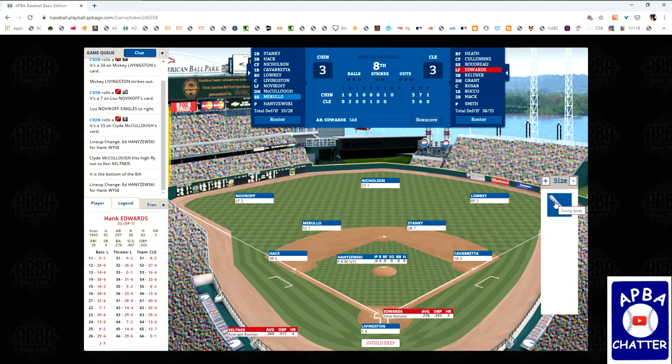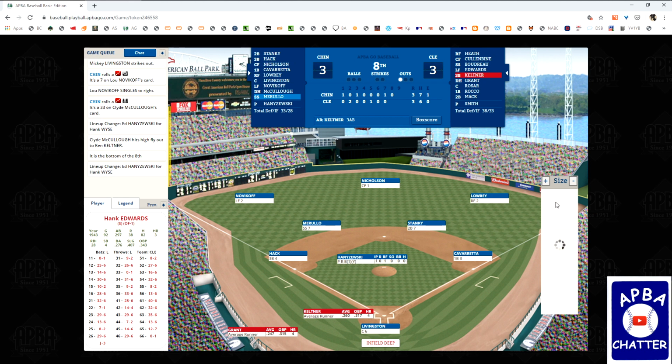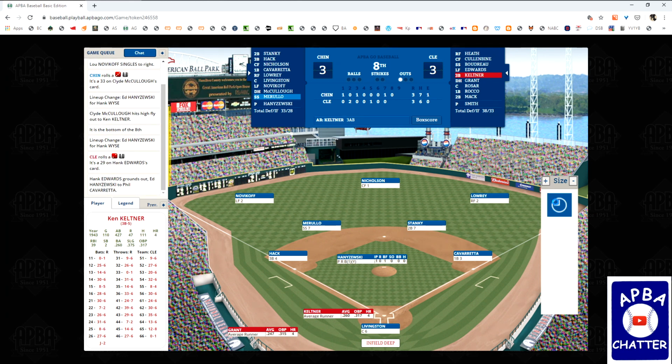And he hits a high fly to the third baseman. So we go to the bottom of 8, 3-3, and Hank Edwards is coming up for the Indians. He leads off the inning with a ground out to the pitcher. Yeah, they switch pitchers on me. They got